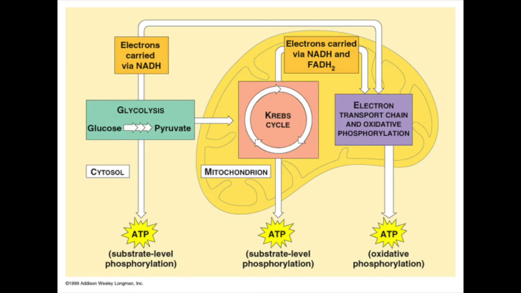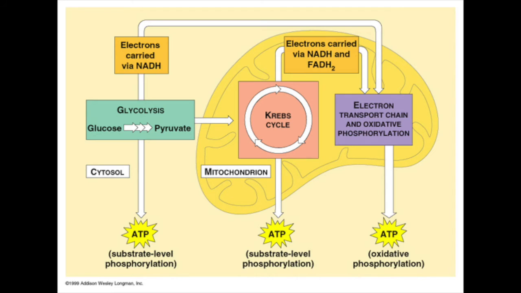The next step is the Krebs cycle or citric acid cycle. This is an amphibolic pathway, which means it's both catabolic and anabolic. So acetyl CoA from the pyruvate oxidation enters the Krebs cycle to begin the process. In the end, 6 carbons from glucose have been released as CO2. 2 ATPs are produced, and NADH and FADH2, which are electron carriers, are also produced.